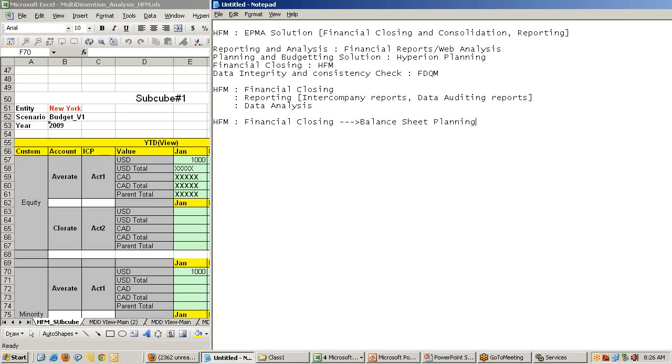Now, in the old days, companies were completely strapped. They did not have enough time, bandwidth, or resources to forecast their business, because financial closing is itself a very tedious task. But nowadays they are finding enough time, bandwidth, and resources so that they can also forecast their business. So I need to forecast how my balance sheet would look 3 years down the line. Therefore,